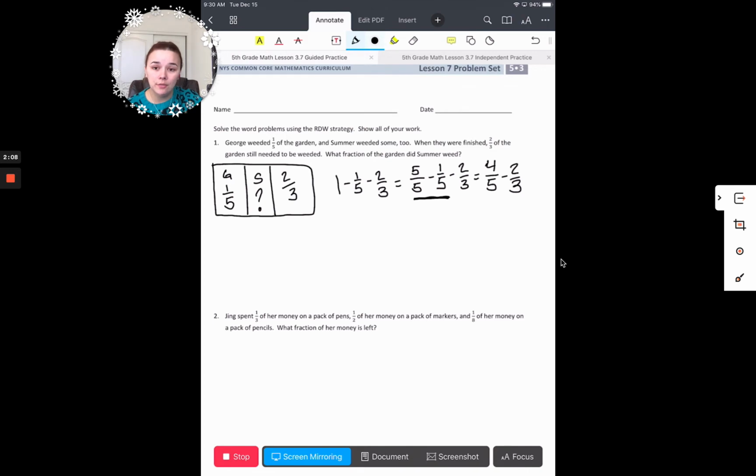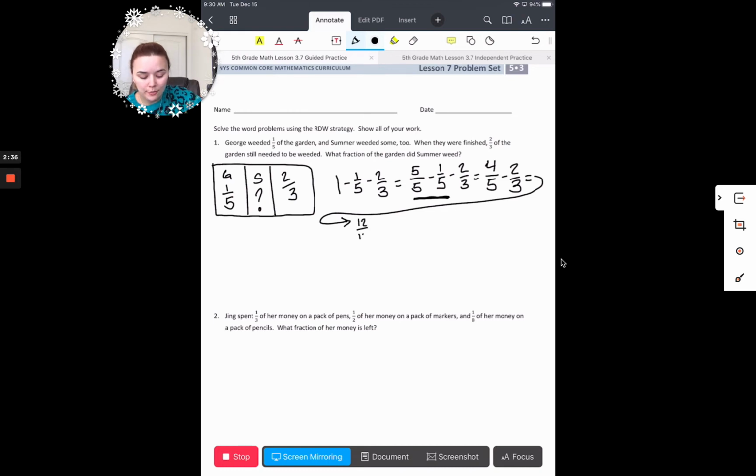So now I can solve this with numbers, right? We kind of talked a little bit about this before. Your two fractions have to have a common denominator. If I look at 5 and 3, I can multiply those together and get 15. So I'm going to go down to the next row so I have some more space. So I multiply both of my numbers, my 4 and my 5 in my first fraction, by 3, and I get